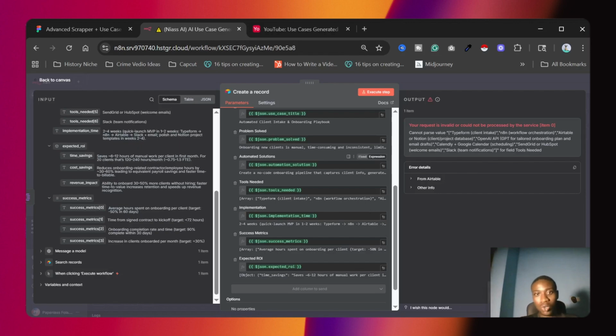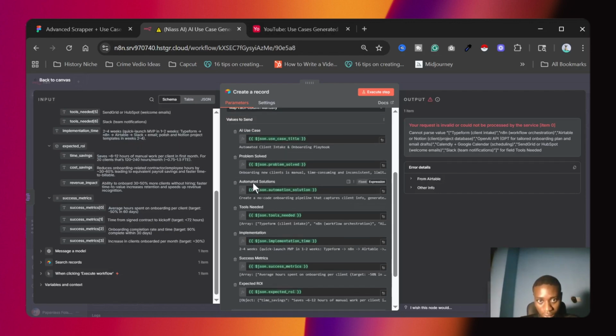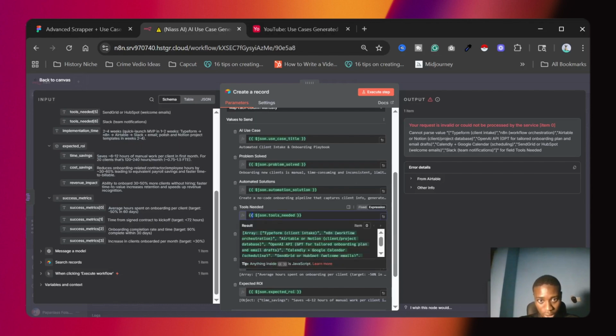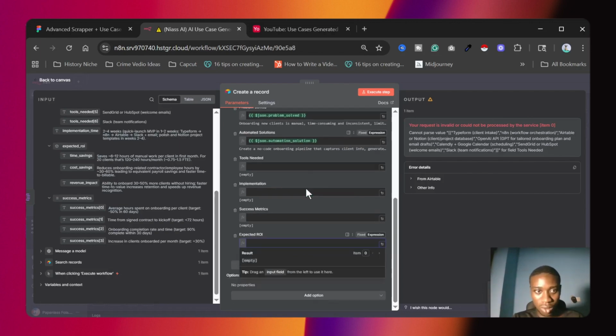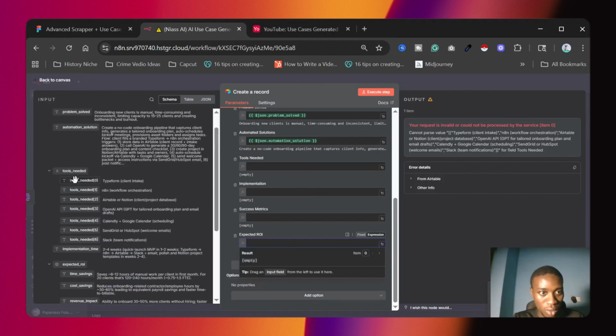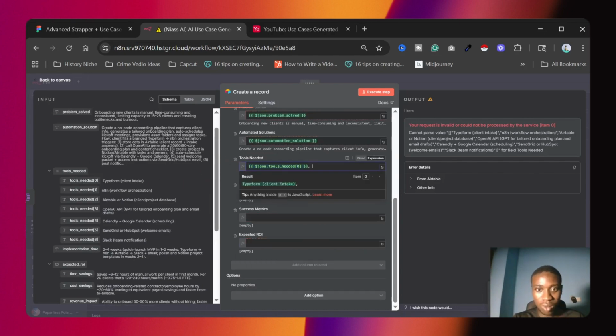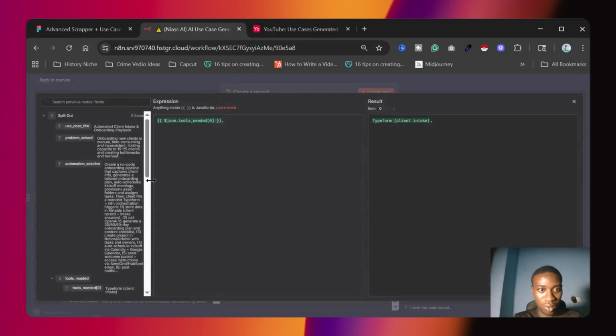Alright. The reason there is an error is because these ones are arrays. Like this one, this is an array and we are using a string format, so we need to convert it to an array. So here is use case, problem solved, tools needed, Typeform, tools needed, Typeform. Just put this up.